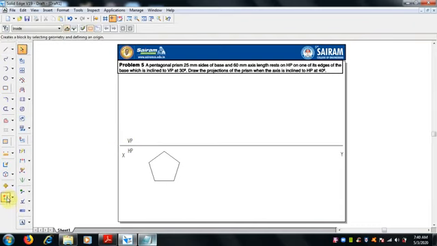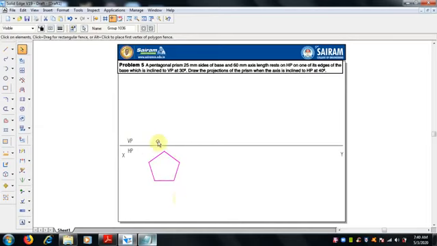So select each entity and make a group of it. It is selected as a group, with 0.5 mm thickness.